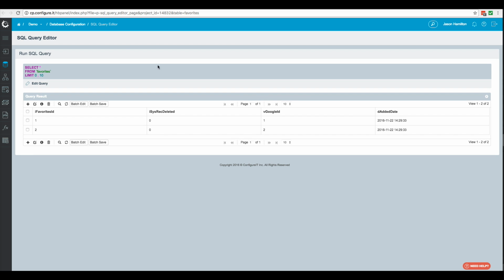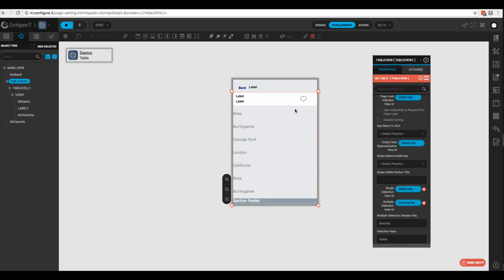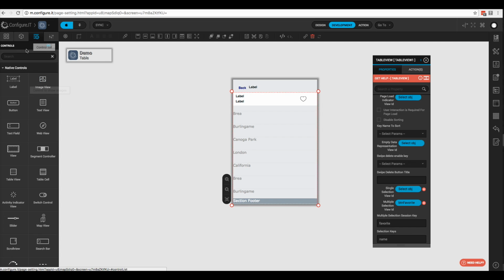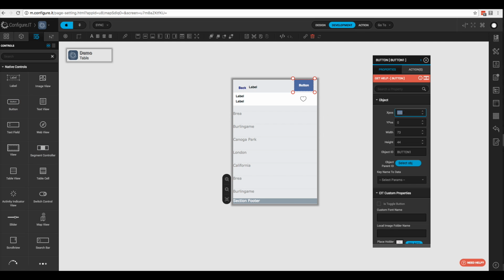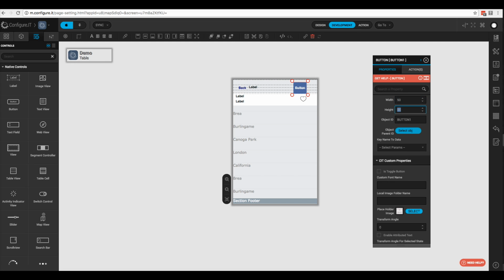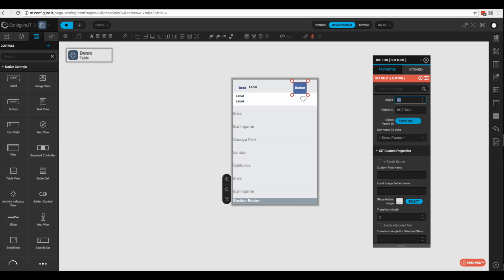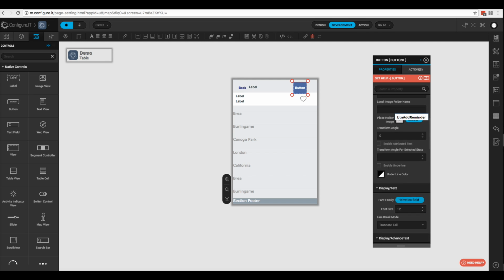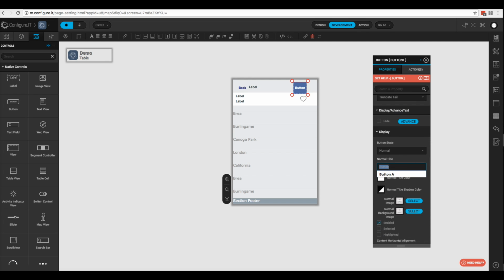So now what we need to do is go back and add a button to our screen to fire this API. So we'll do that. We'll come over here and we'll go to our control list, and then we'll come down here and drag a button over. Now we can go ahead and set our coordinates. We'll change this to 230. The Y position will be 10. The width will be 50, and the height will be 44. The object ID will change to button, add, and then we'll come down and change the title